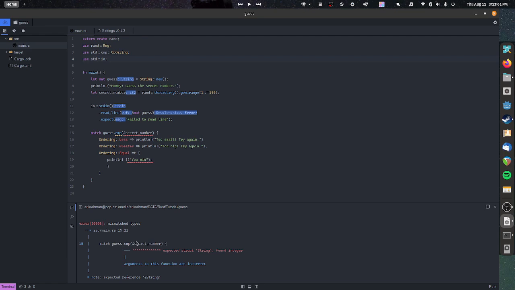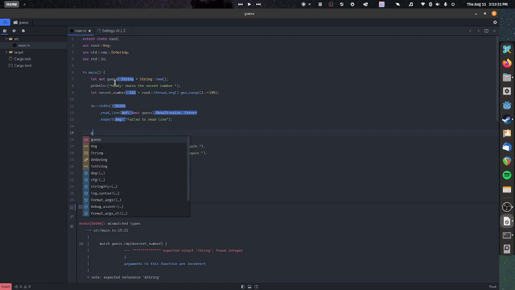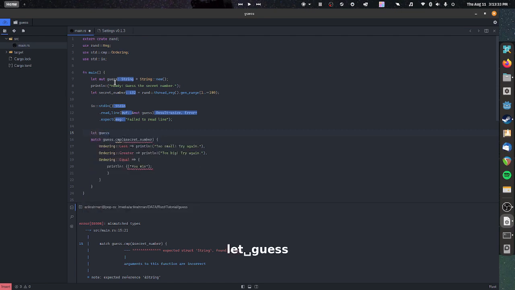So how do we fix that? They expect an integer here, so how do you change it to an integer? Well, what you can do is, before you start comparing it, you can shadow this guess variable. And what does that mean? Basically, you can reclear it. If you just did guess, then it wouldn't let you do that. But if you do let guess,